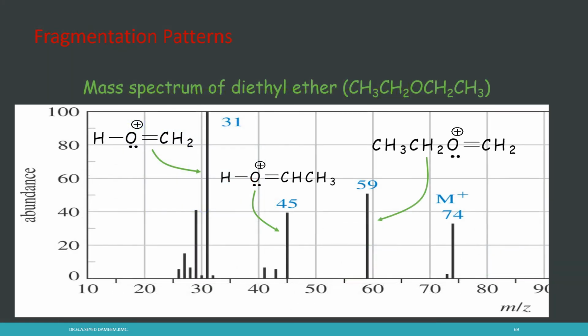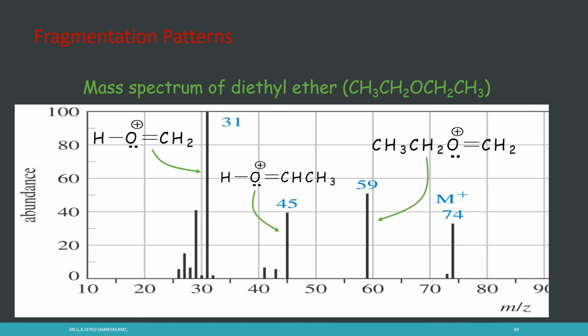This is the mass spectrum of diethyl ether. It gives a peak at m/z 74, that is the molecular ion peak, and by the loss of a methyl radical, it gives another peak at m/z 59. By the loss of an ethyl radical, it gives another ion with m/z 45 corresponding to the ion CH3CH=OH+, and after the formation of this ion, elimination of CH2 gives an ion which has m/z